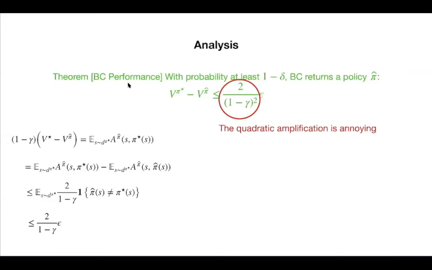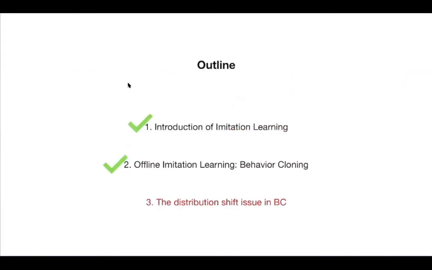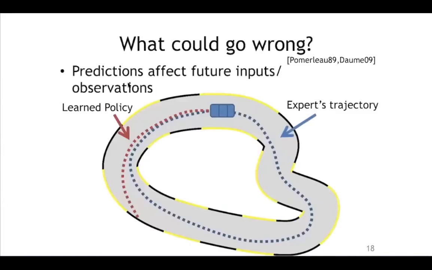And why is this an issue? This is related to the question that some of you asked at the very beginning of the lecture. So let's talk about the distribution shift issue in behavior cloning. This figure is literally demonstrating the issue. You have the expert demonstrations represented by this very nice, dashed blue trajectory, but when you learn a policy from the expert demonstrations and drive the car using your learned policy,